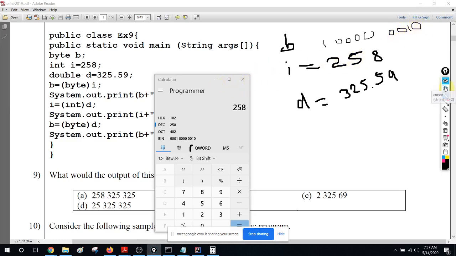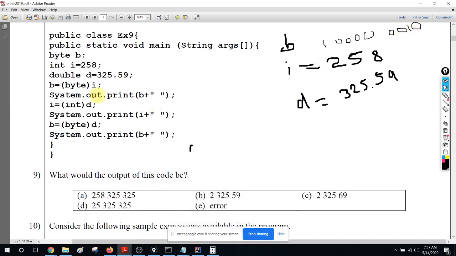Now remember, we are going to cast it to byte. Byte can have only 8 bits. So these bits will get eliminated. The leftmost bits will get eliminated because it can only keep 8 bits. So the value will be 00000010.